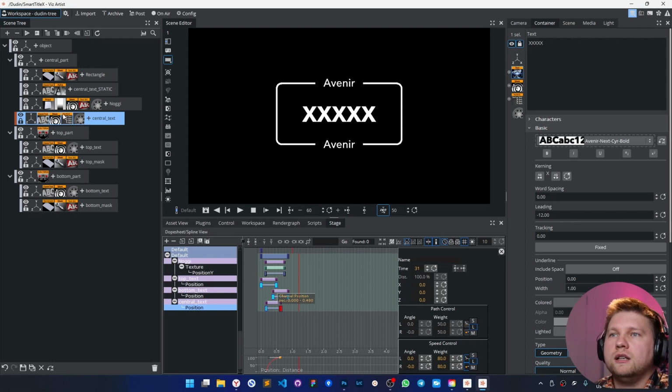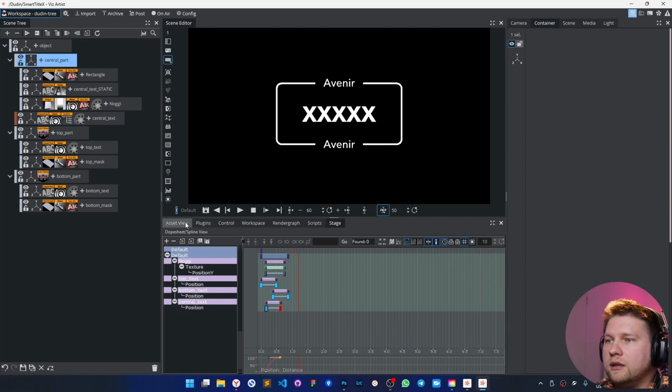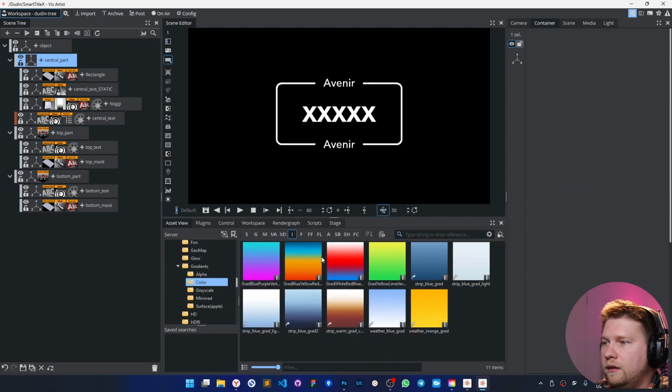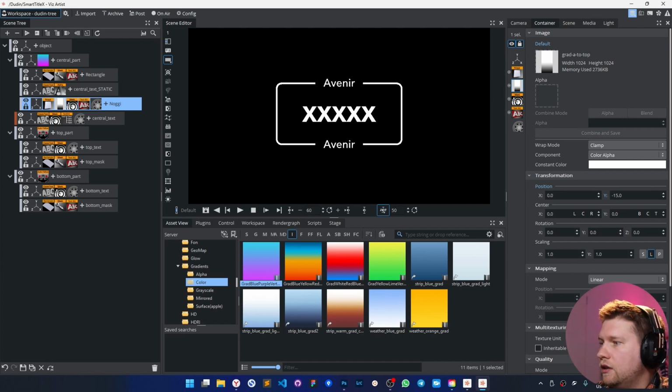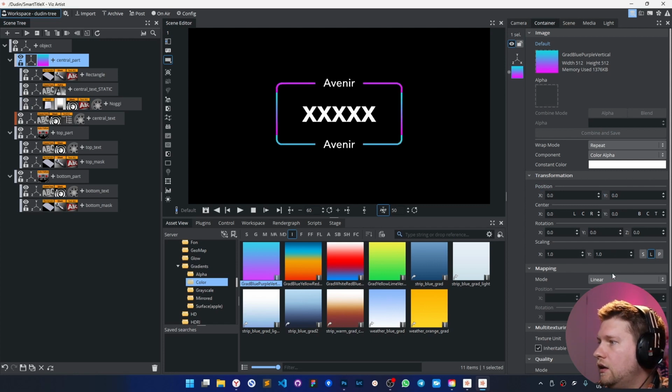For example, I can, I don't know, apply some texture here. For example, for the Nogi, I can use the texture. Of course, I will use inheritable, and because I already have the picture in the first texture unit, I have to choose here the second kind of layer. And okay, I will use the scaling to make it perfect. So like that. Yeah, you can just customize it. So let's check the animation. Yeah, you see, that works fine.